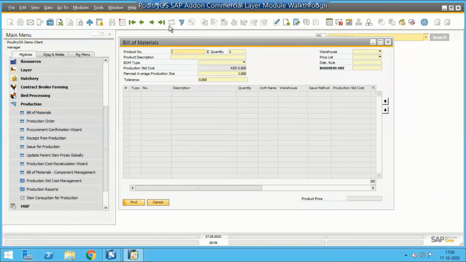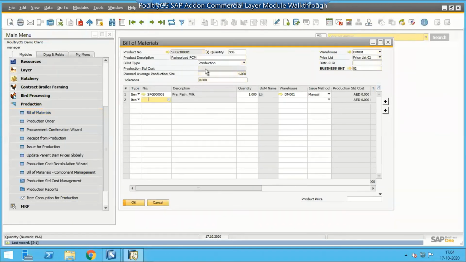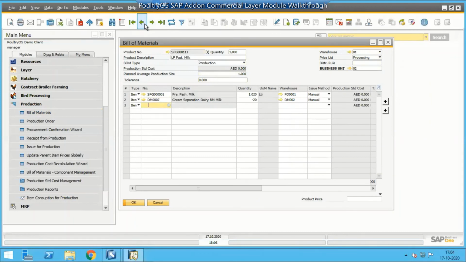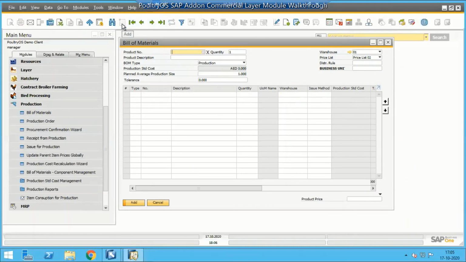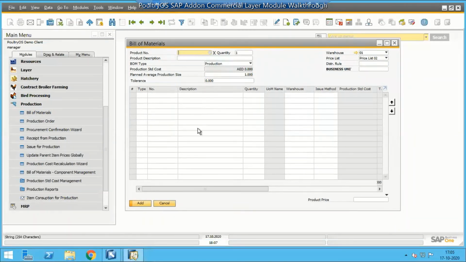We'll have a bill of material where the input items would be eggs plus packing material, and the output would be a packed finished good. That could be a tray or packed eggs, let's say 12 pieces in one pack, 6 pieces in one pack, or a carton like this. You can maintain the BOM here. We are loading the packing material BOM value as well as the resource value.